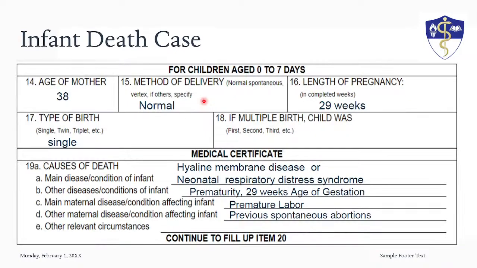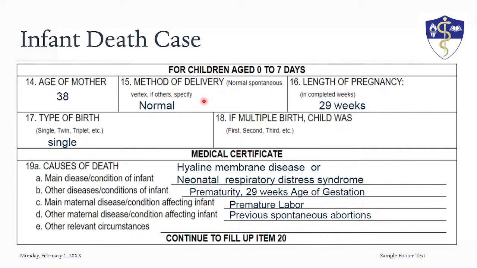Next. Children age 10. Yung cause, the hyaline membrane disease, is an old name. So it's called neonatal respiratory distress syndrome. That's the new name. So you can actually place neonatal respiratory distress syndrome. It resembles that of an adult, no? Yun, adult respiratory distress syndrome. Halos, okay, but nangyayari lang sa mga kakapanganak lang. Okay, so premature, so yun na yun. So the cause of death is that, okay?